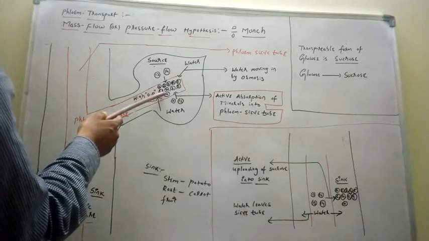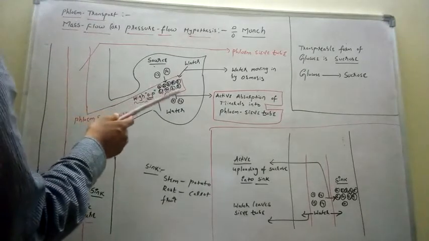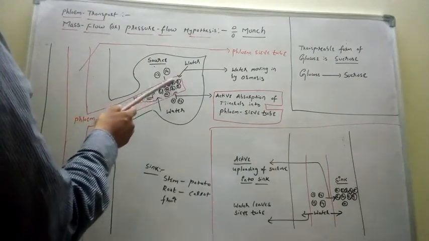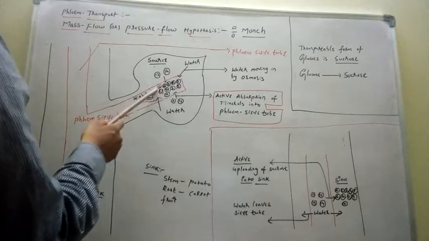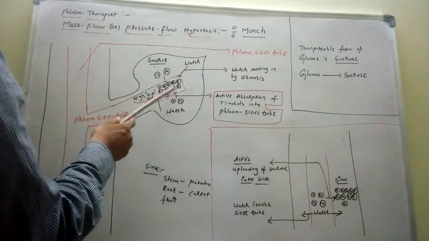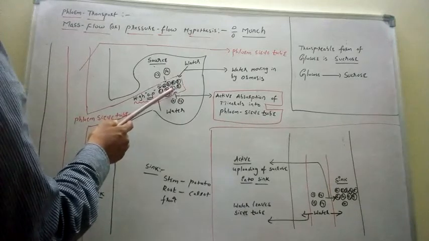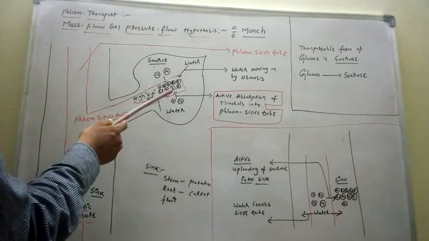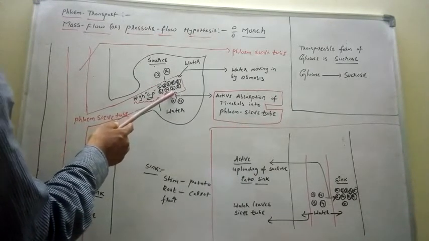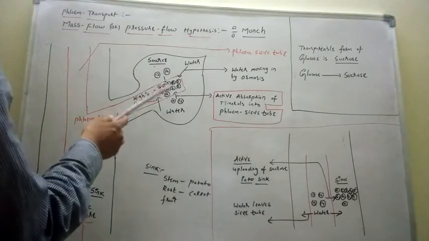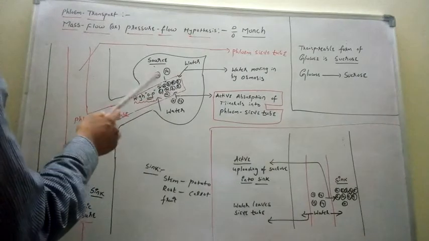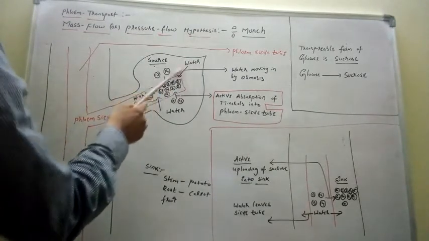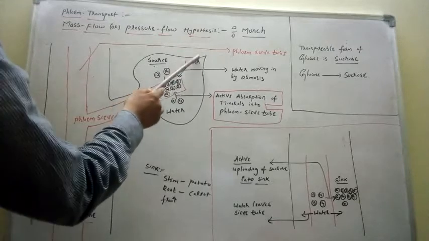That means when a large amount of sucrose molecules enters into the sieve tube, these sucrose molecules are acting as solutes. So the concentration of solutes increases inside the sieve tube. When the concentration of solutes increases inside the sieve tube, what happens to the water potential? When solute molecules increase inside the sieve tube, the water potential decreases. So outside, water potential is very high; inside the sieve tube, water potential is very low. So water always moves from higher water potential to lower water potential. So water is moving from the surrounding leaf cells into the sieve tube through osmosis.